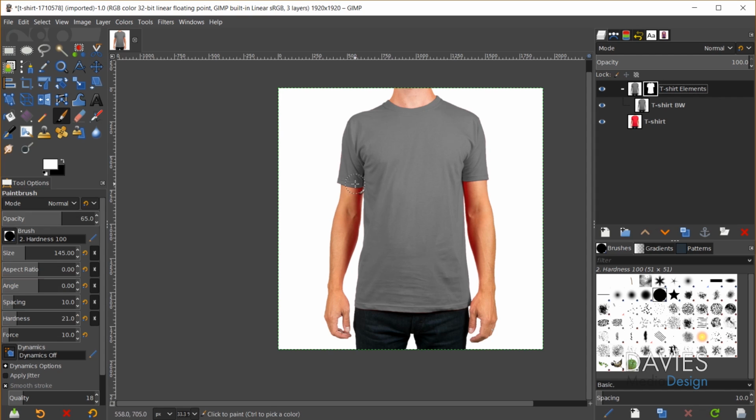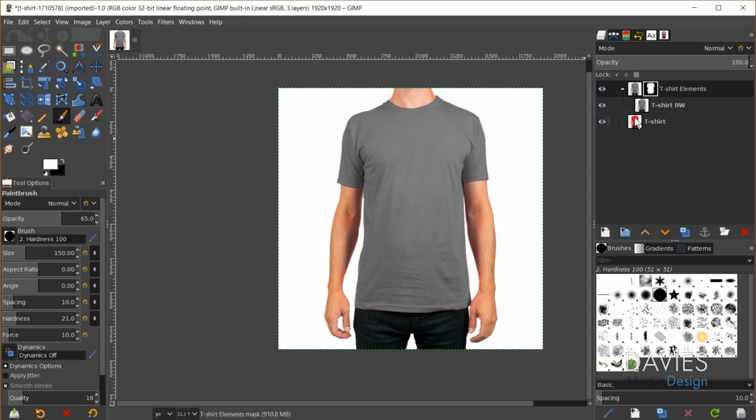pretty soft brush here. I can increase or decrease the size of my paintbrush by using the left or right brackets on my keyboard. And making sure I'm on my layer mask, I'm going to paint this white color only on the parts where the color is reflecting onto the arms here. So you can see as I do that, it's changing this color here to almost like a gray color because what's behind here now is black and white. So that's going to ensure that the reflection coming off of our subject's shirt is going to match the color